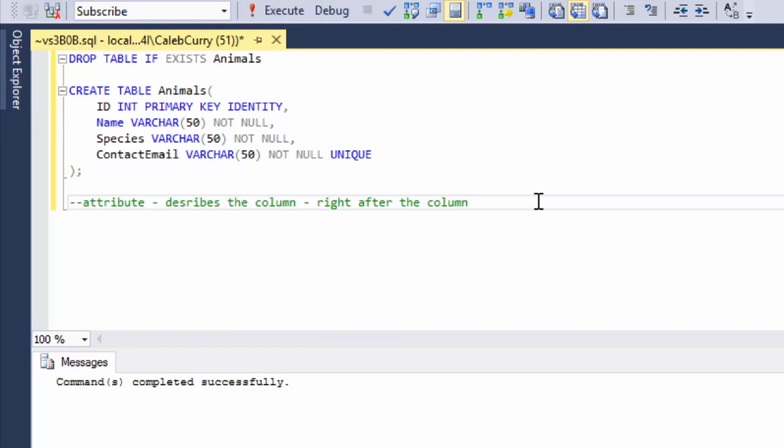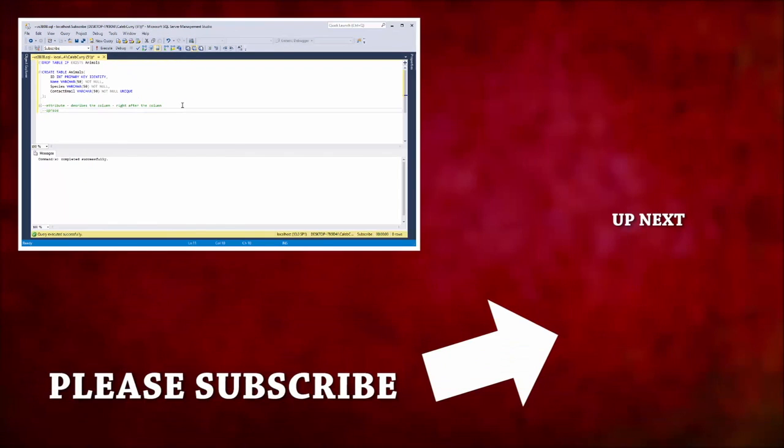So that's a pretty rough introduction to column attributes and how to use them. There are some other attributes you're going to want to use eventually, including foreign keys, default, which is actually going to give a default value if you leave something out when you insert data into this table. And then there's also an attribute known as sparse, which can be used for nulls. So if a lot of the data for a column is null, you can use the sparse attribute and it will help save storage. But we will talk about all that in the upcoming videos, so don't worry about it